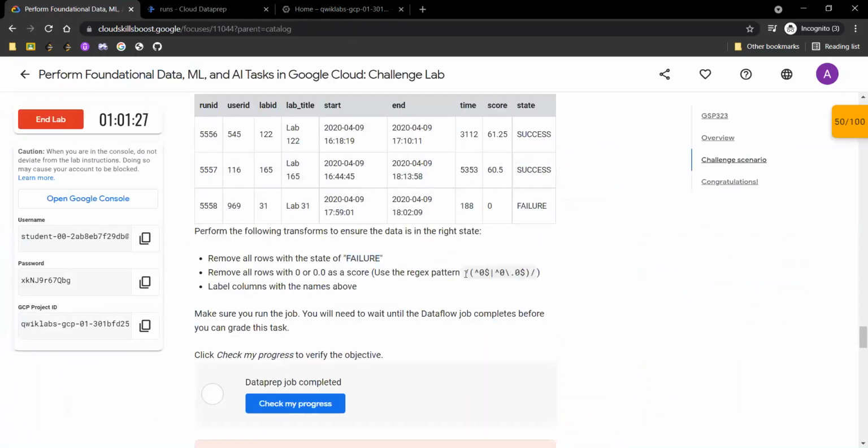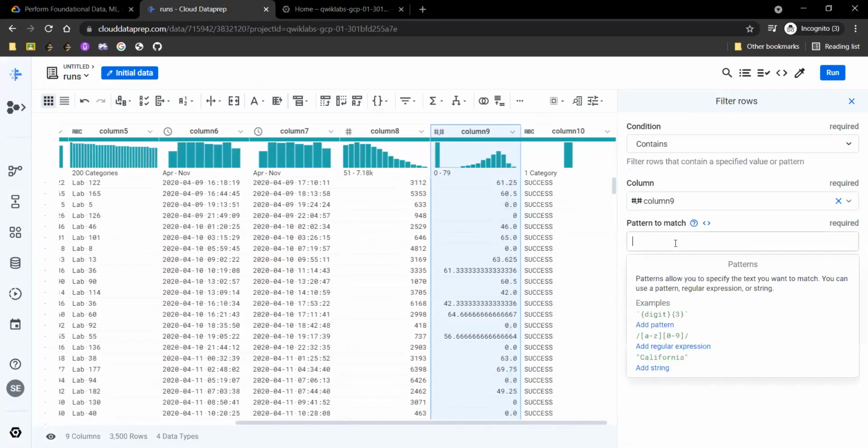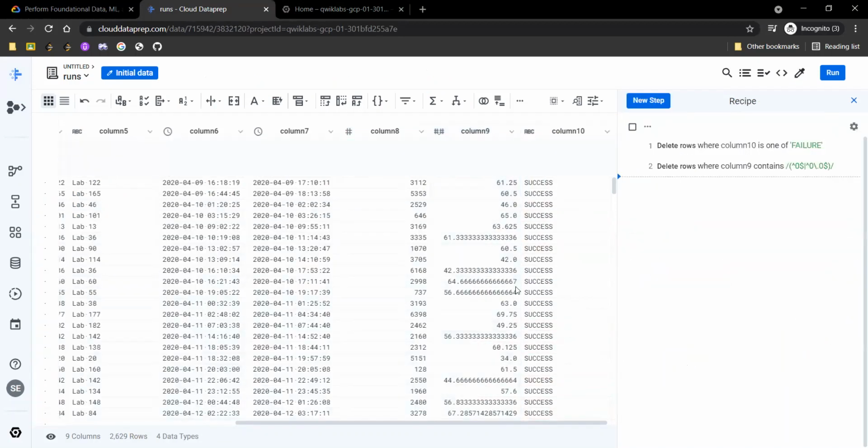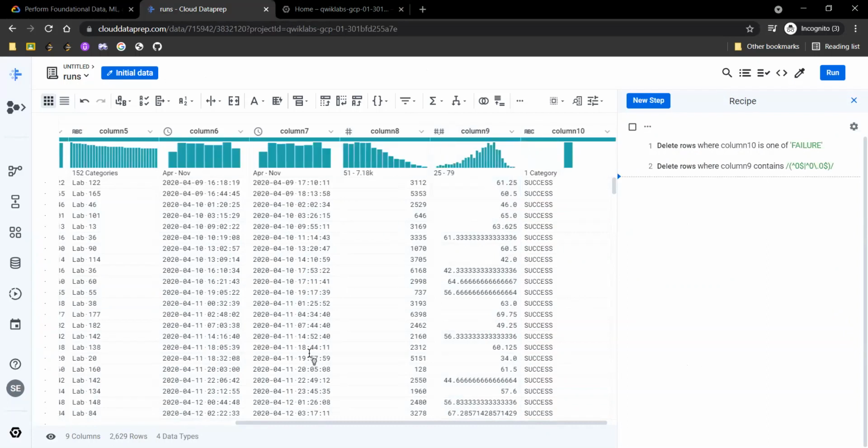Just copy this string and simply paste it here and click on delete matching rows. Click on add. So yeah, all the rows with 0.0 as the value are removed.